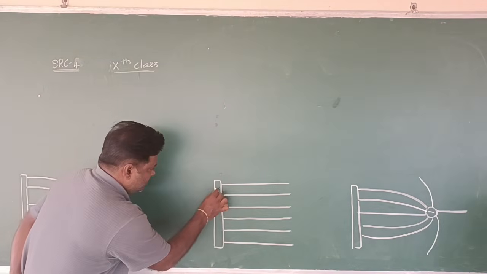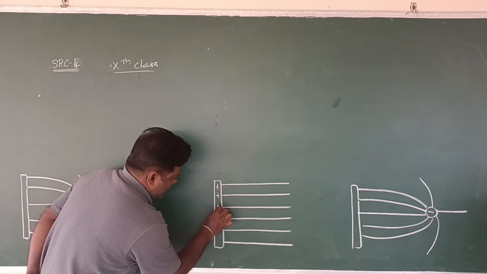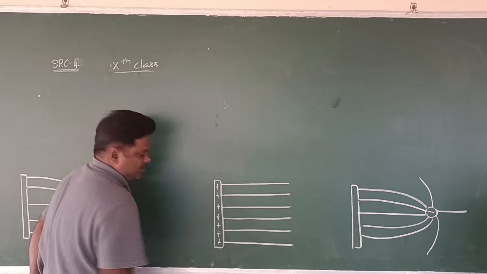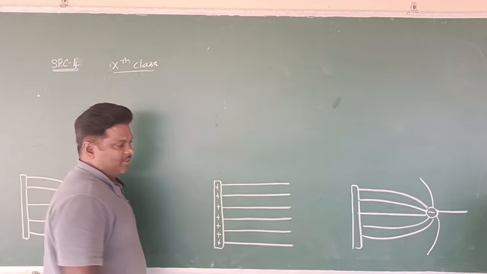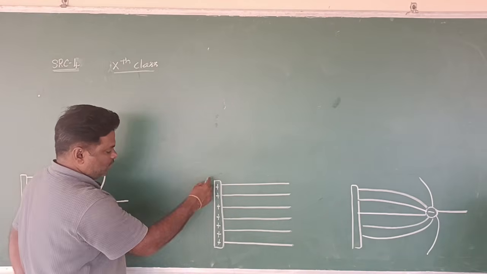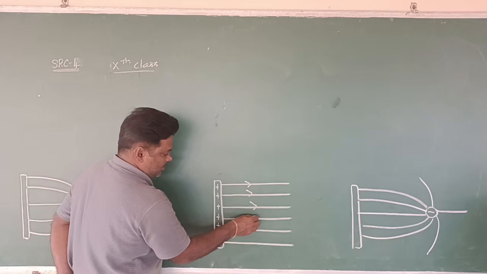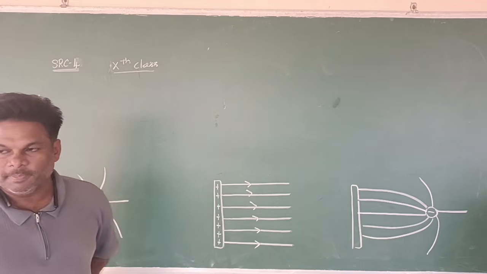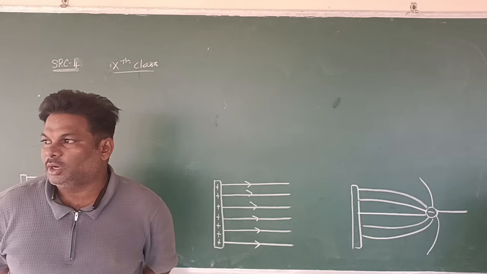Observe this one. This is a positively charged body. Inside, the positive charge is present. It is a long charged body, not point-sized like this. When you have a long charged body, these electric field lines move away from this charged body. Here, these electric field lines are also called